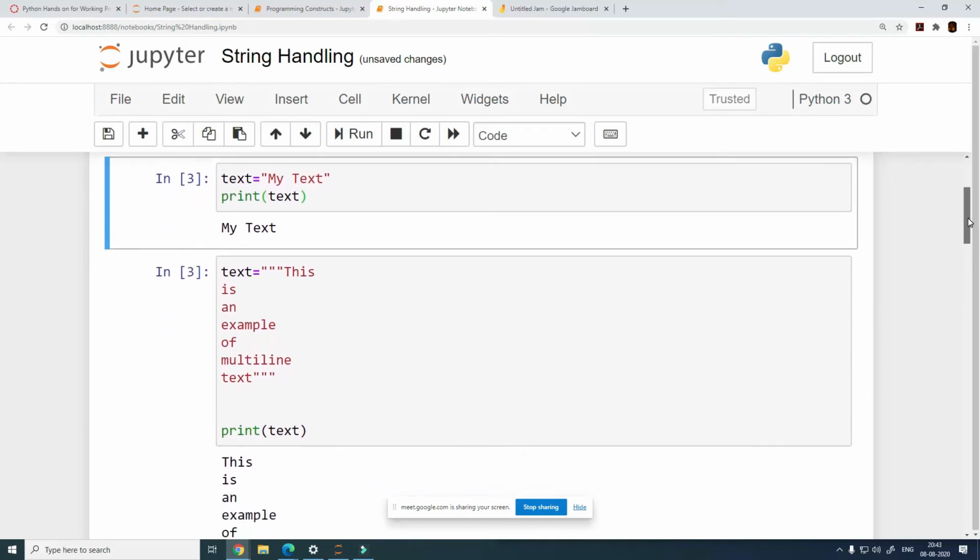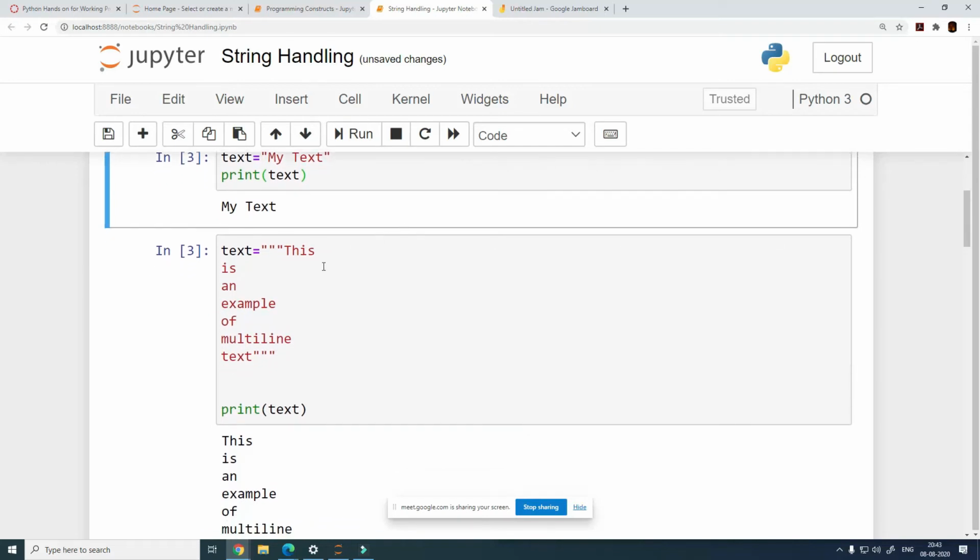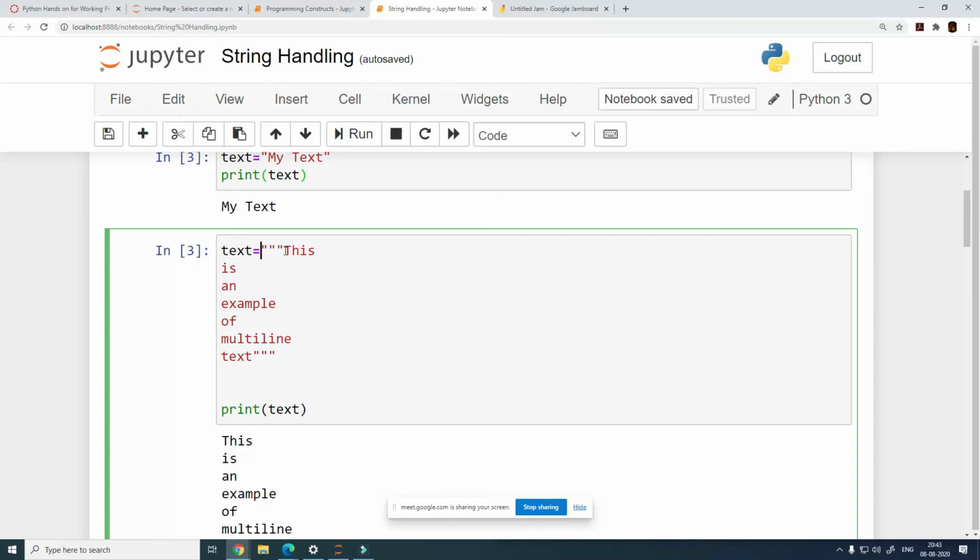Now the third way of initializing a text is, what if you want to specify a multi-line text? A multi-line text would be something where you write a text which has many lines in it, which spans across multiple lines. When you need to do that, you can define it this way. You can specify it the same way you write your comment statement.